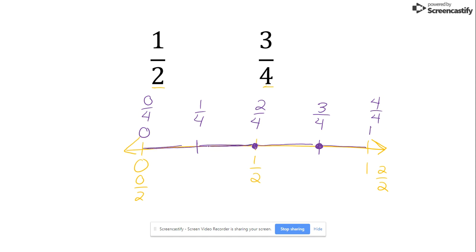If I shade from 0 to 1/2, and then go back and shade 0 to 3/4, I can see that my blue line is longer. So when I'm drawing my comparison symbol, the mouth of my alligator